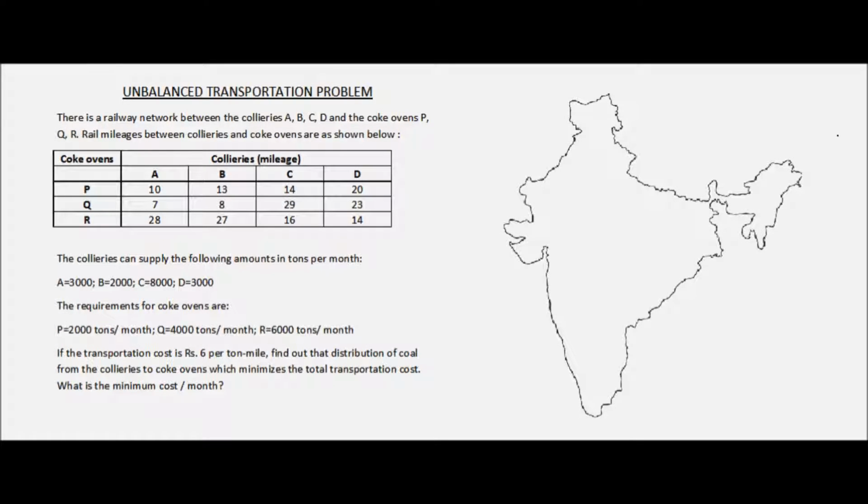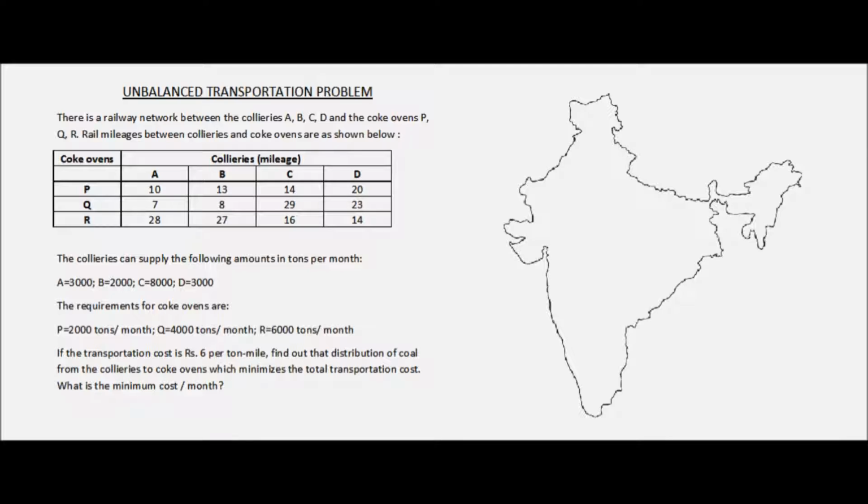There is a railway network between the collieries A, B, C, D and the coke ovens P, Q, R. The rail mileages between the collieries and coke ovens are given to us. The collieries can supply the following amounts in tons per month: A 3000, B 2000, C 8000 and D 3000. The requirements for coke ovens are: P is 2000 tons per month, Q 4000 tons per month, R 6000 tons